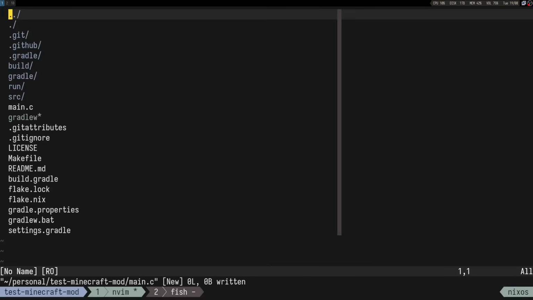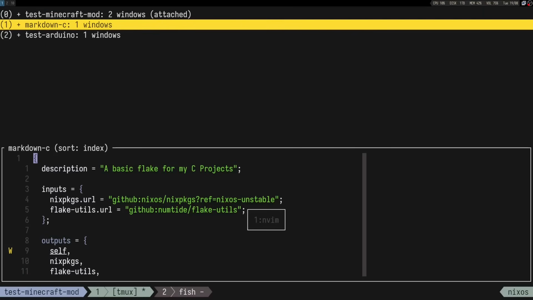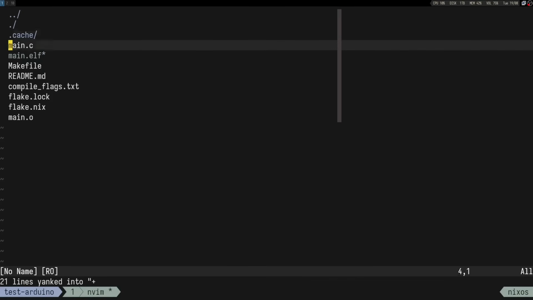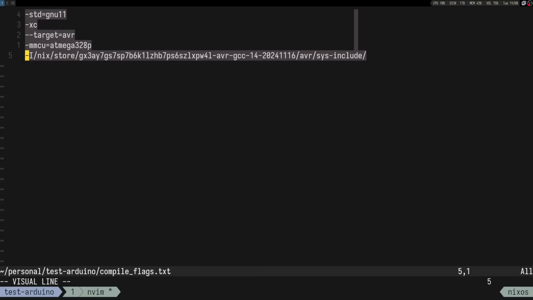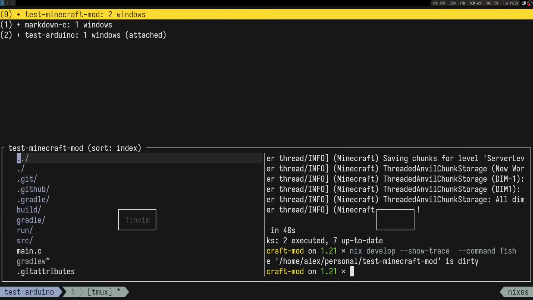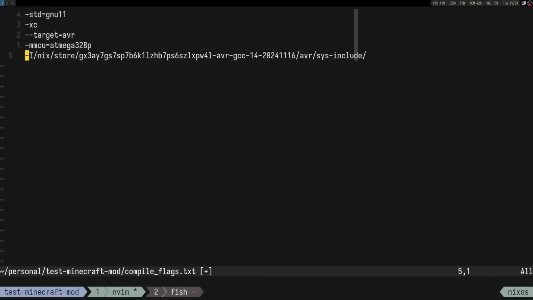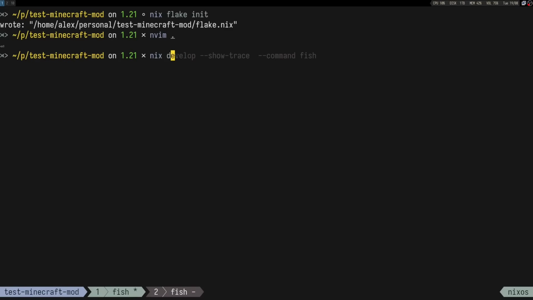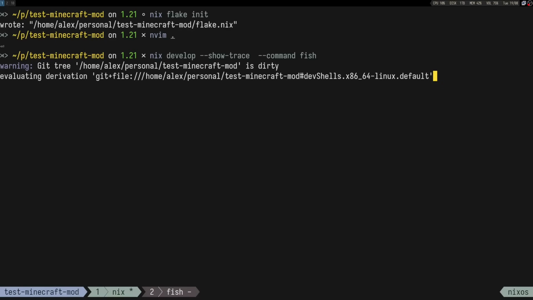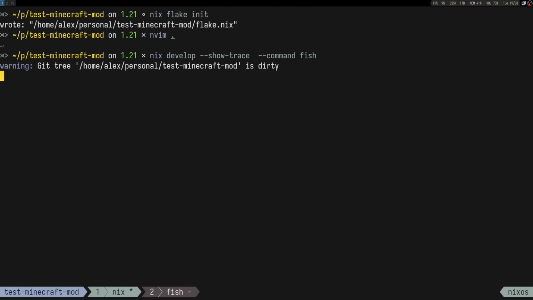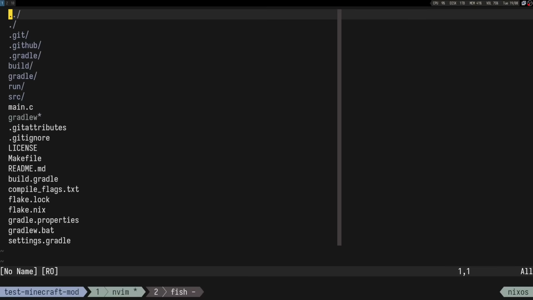Oh, actually, another small thing that I would like to add is the compile flags. The main reason for compile flags is just for Clang to work, because I don't have Java LSP, but we have C LSP, and at least one LSP should be nice to have. Okay, so here